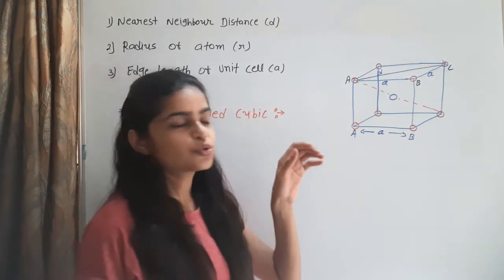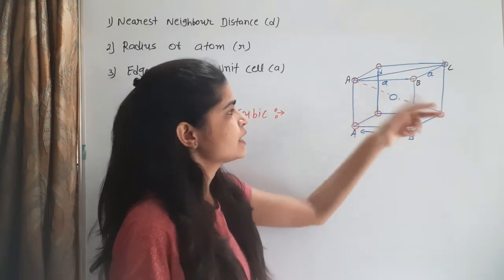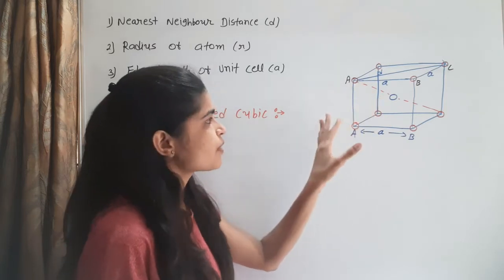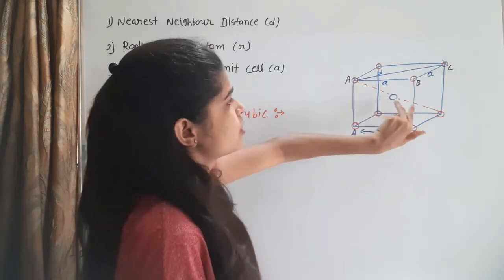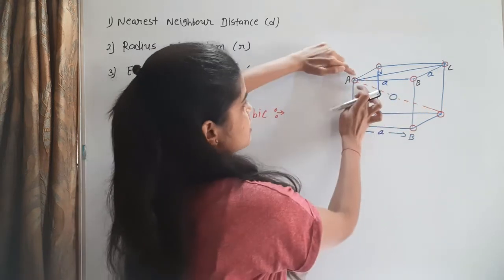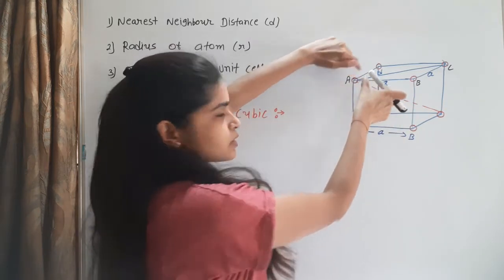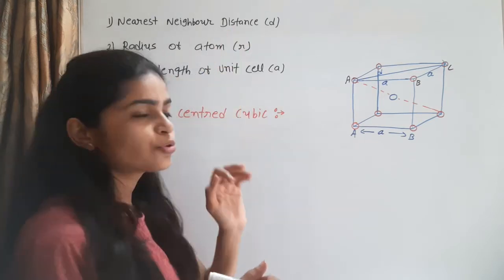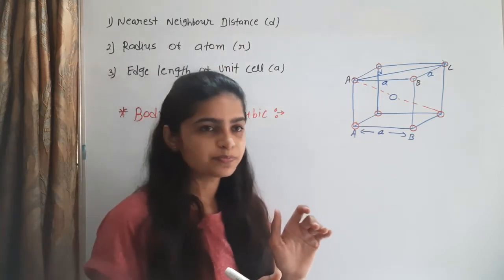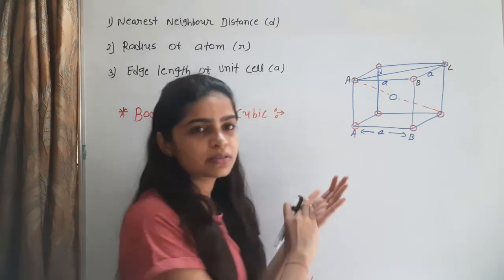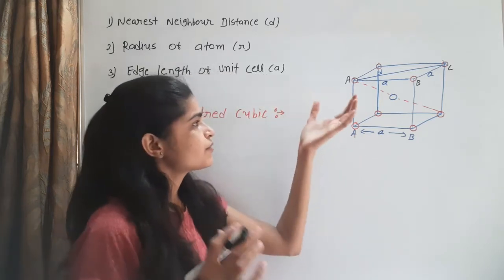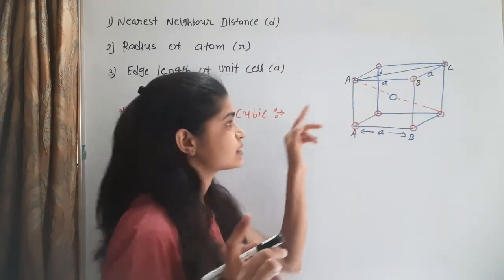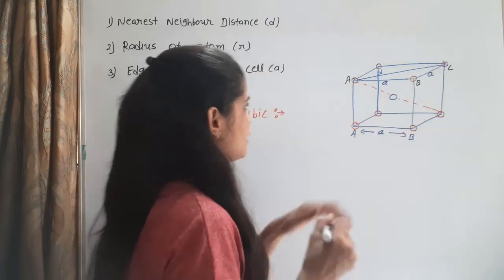In the body centered cubic, three atoms 1, 2, 3 lie on the diagonal of the body and touch each other. So we find this distance or this distance, because this atom and this atom touch each other. So find the nearest neighbor distance D. How? On the basis of the previous face centered example, we find the AC distance in the same way, using triangle ABC.